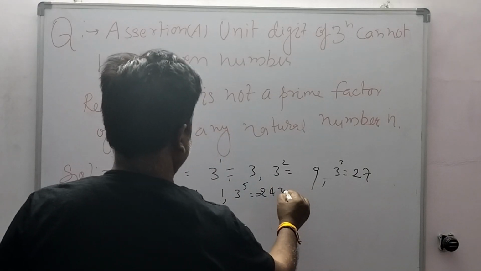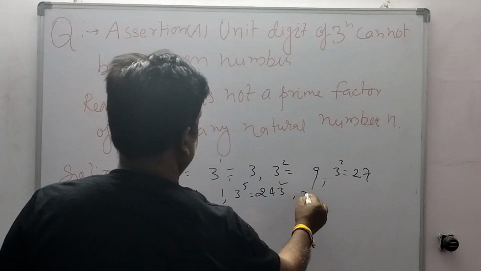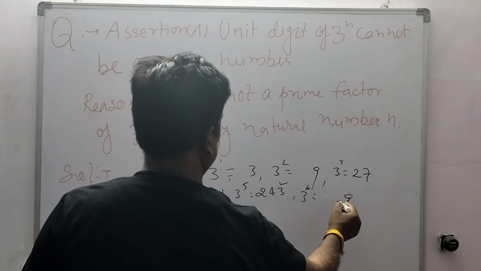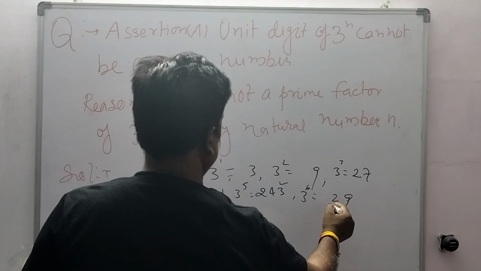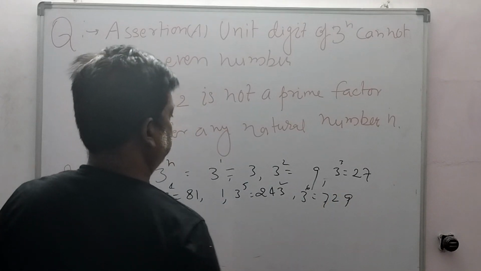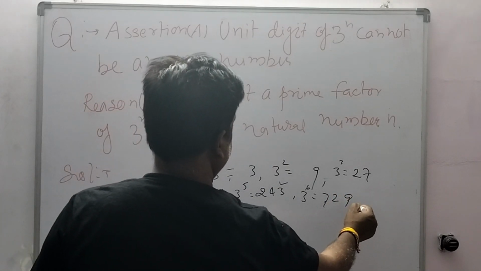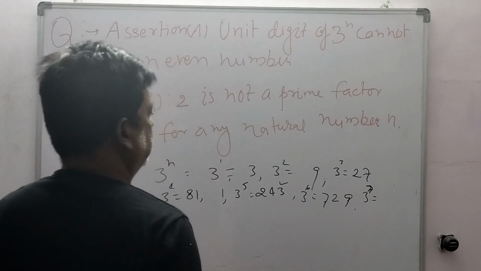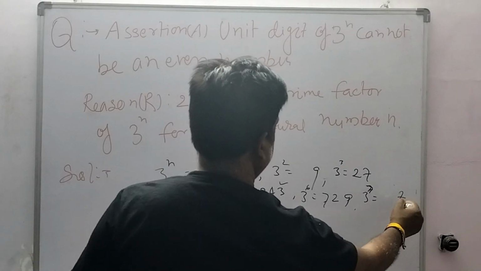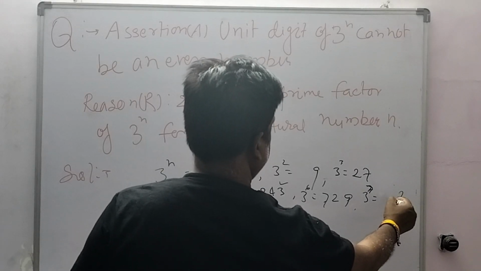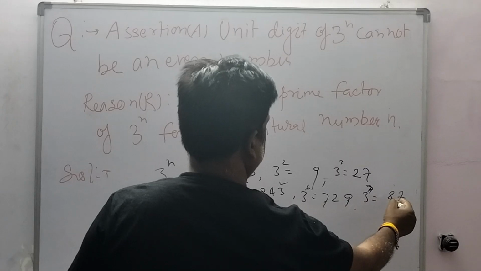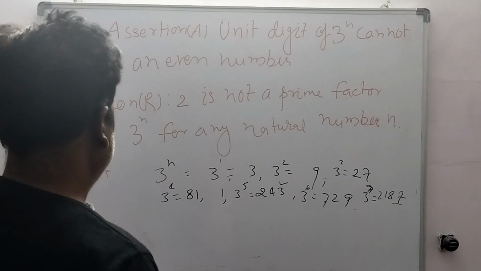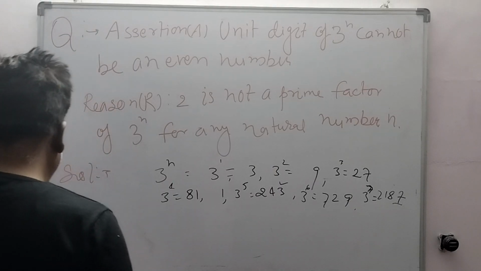The unit digit is 3. 3 to the power 6 is 9, 4 or 12, then 3 to the power 7, unit digit is 9. Again, 3 to the power 7, you can repeat, 27. The unit digit is 7. So the unit digits we are obtaining